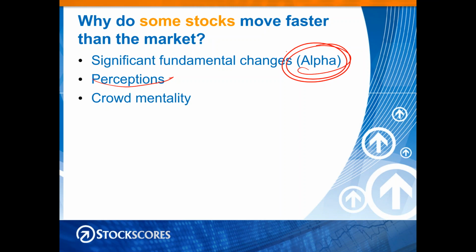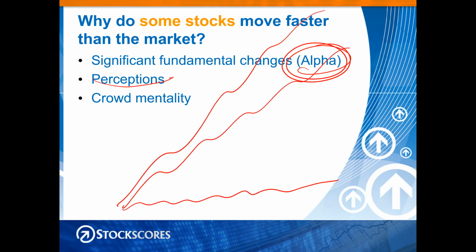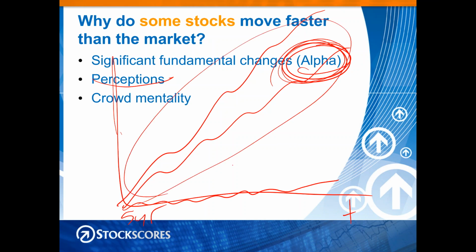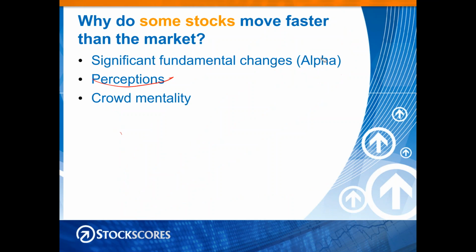A company like Netflix, if you think of this as the S&P 500, Netflix has done this, or Amazon has done this. Well, those companies have grown their earnings or their market share much faster than the overall market. They are alpha stocks. Now, we can have alpha stocks over, say, 5 years ago to today. We can have alpha stocks over a very long time period. Could arguably go back even farther than 5 years. So Amazon and Netflix and Tesla, these have been alpha stocks for a number of years. But we can also have alpha stocks just today.